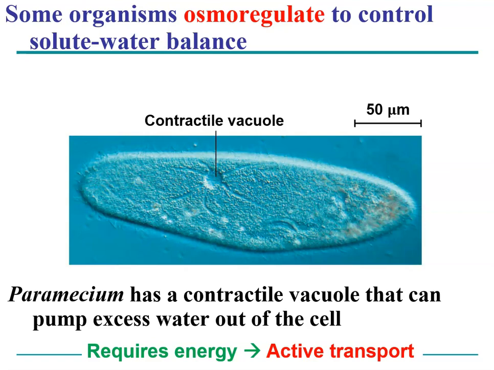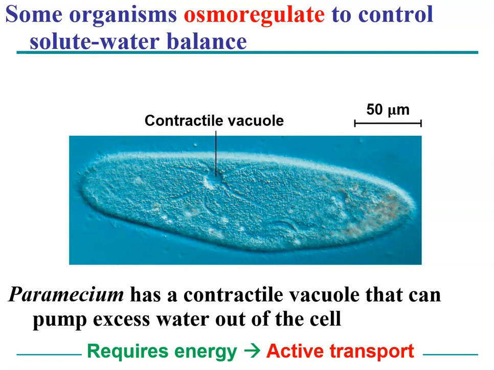So we're going to look first at an example of an organism called paramecium. Paramecium is a freshwater protist. It's a single-celled eukaryote, so it does have a nucleus. Actually, it has two nuclei, macro and micro, but in addition, it has an organelle that we learned about previously called the contractile vacuole. And this is a really interesting organelle that acts kind of like a pump, where when